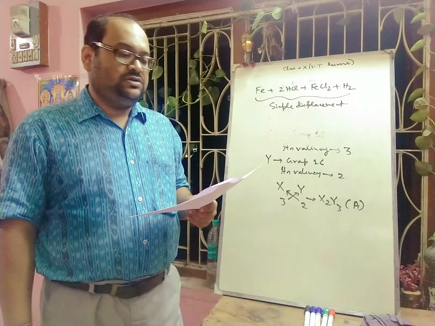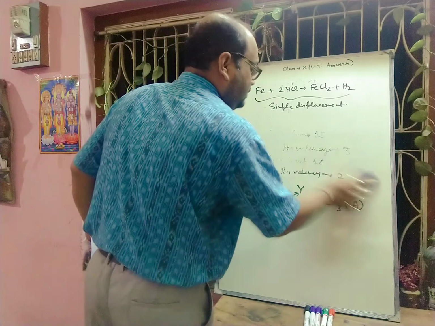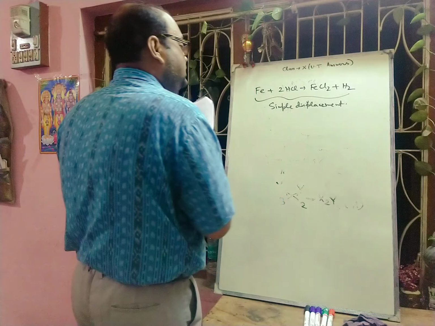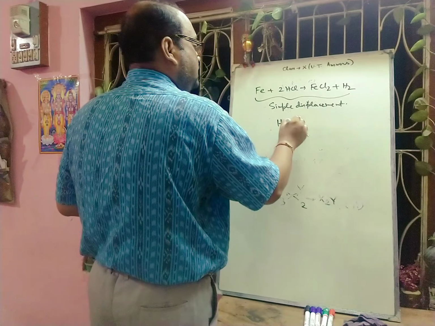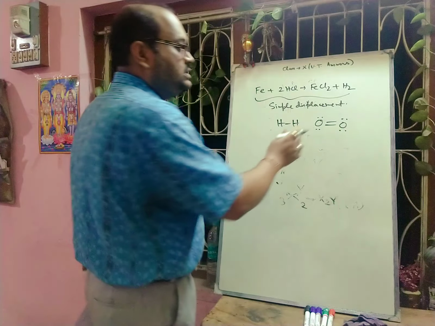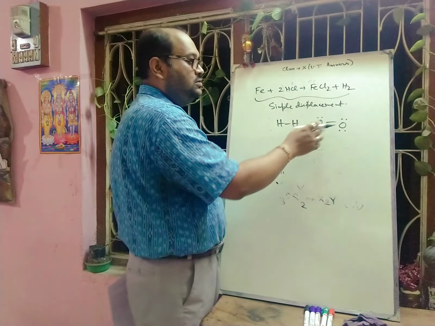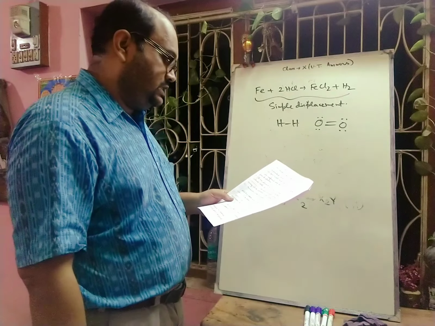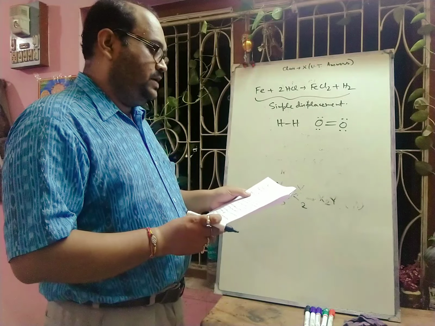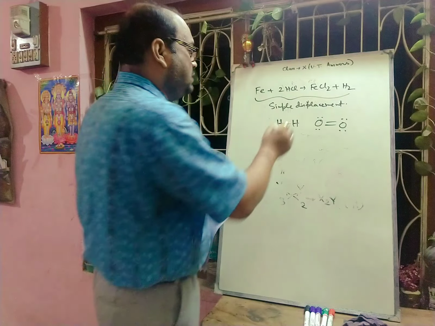The compound that does not have a lone pair of electrons, the options are hydrogen and oxygen. Absolutely the answer will be hydrogen, because in case of oxygen, this is the structure. In oxygen, each oxygen atom has 2 lone pairs, so it is not free of lone pairs. The question is the compound that does not have a lone pair. In hydrogen, all electrons are used in bonding, so hydrogen has no lone pair. So your answer will be hydrogen.